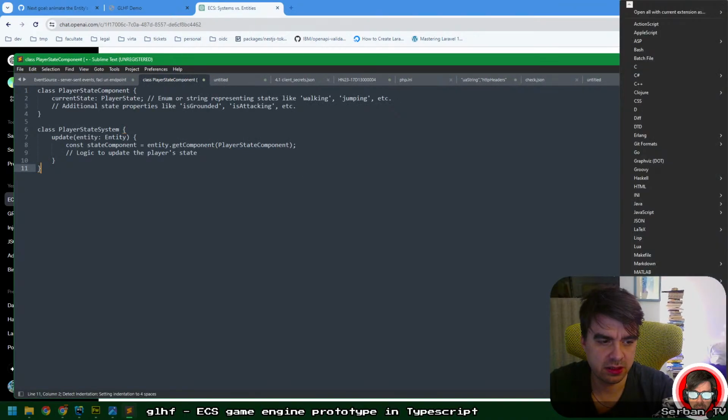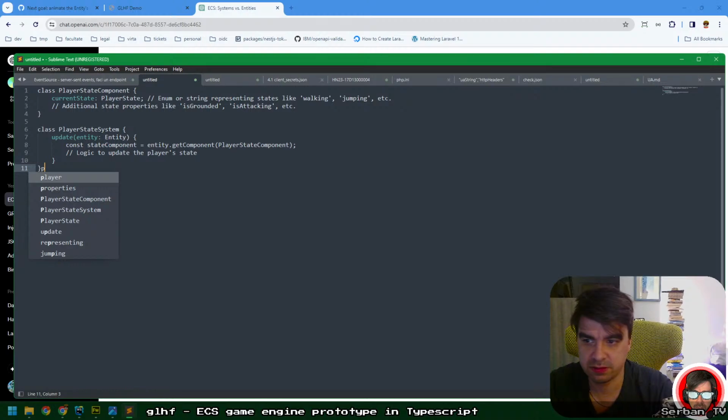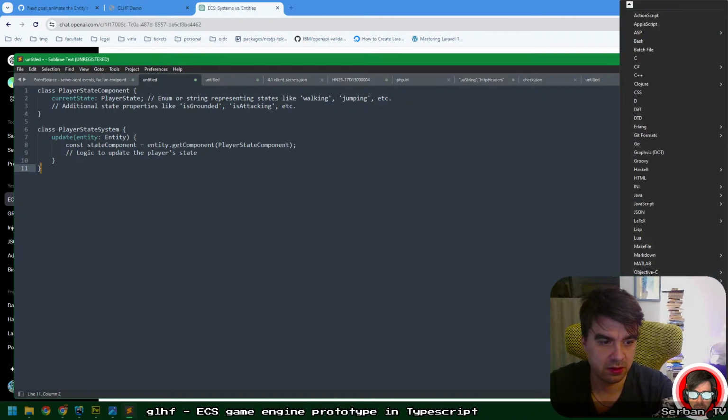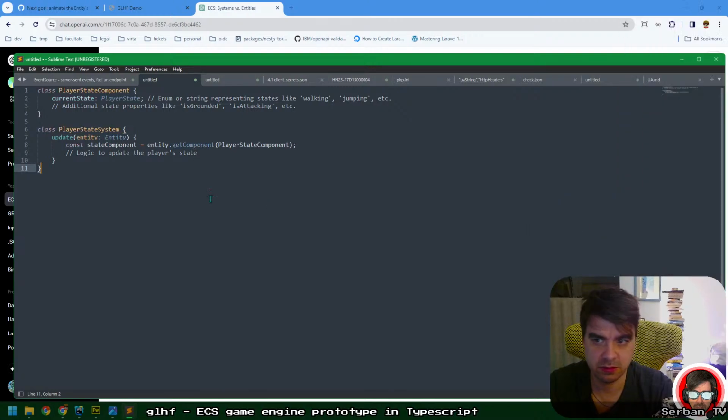He says this. TypeScript. Okay, JavaScript, TypeScript. Keep the current state in the component, but only the system. Like in my system, I have